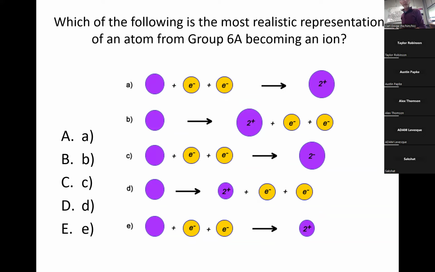Okay, this is looking good. Better. All right, so most of you have voted in. It's been about a minute, so I'm going to close the poll. Okay, great. And by far, the majority of you have chosen the following, which is very nice. C. So electrons are gained. Therefore, the charge will be -2, and the anion is always larger than its corresponding atom.